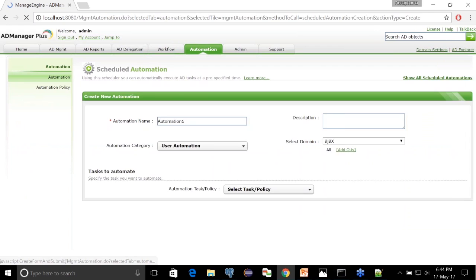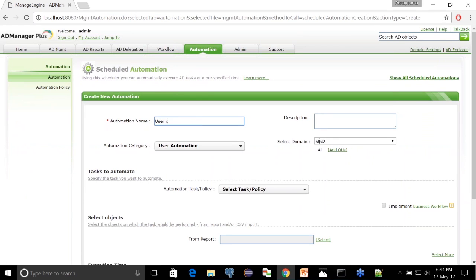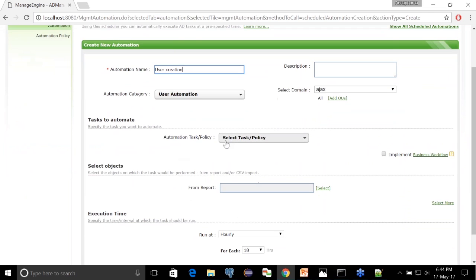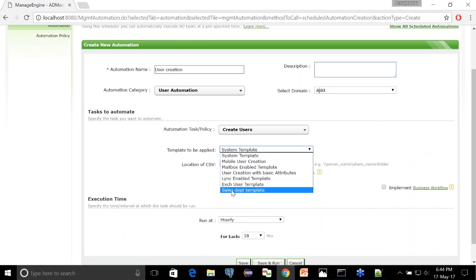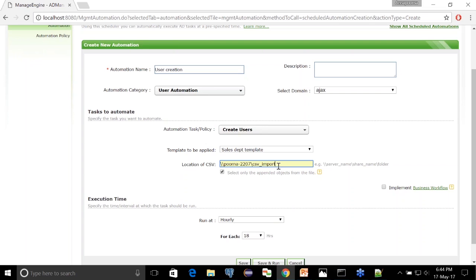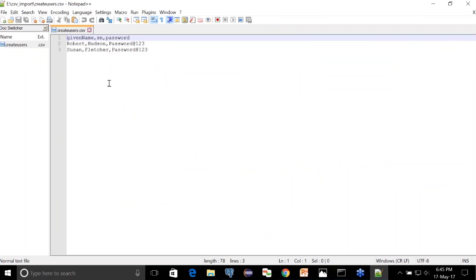Okay, so let me just save this template. Since I'm creating this template for sales, I'm going to choose the department as sales. Move to the Contact tab, choose the department as sales, and now I'm going to save this template. So this template can be used any number of times. Next time when you want to create a user account for the sales department, you don't have to go and choose the department as sales, or if you set the manager in this template, then you don't have to choose the manager again. Everything will be set in this template, the default values. So you just have to reuse it again.